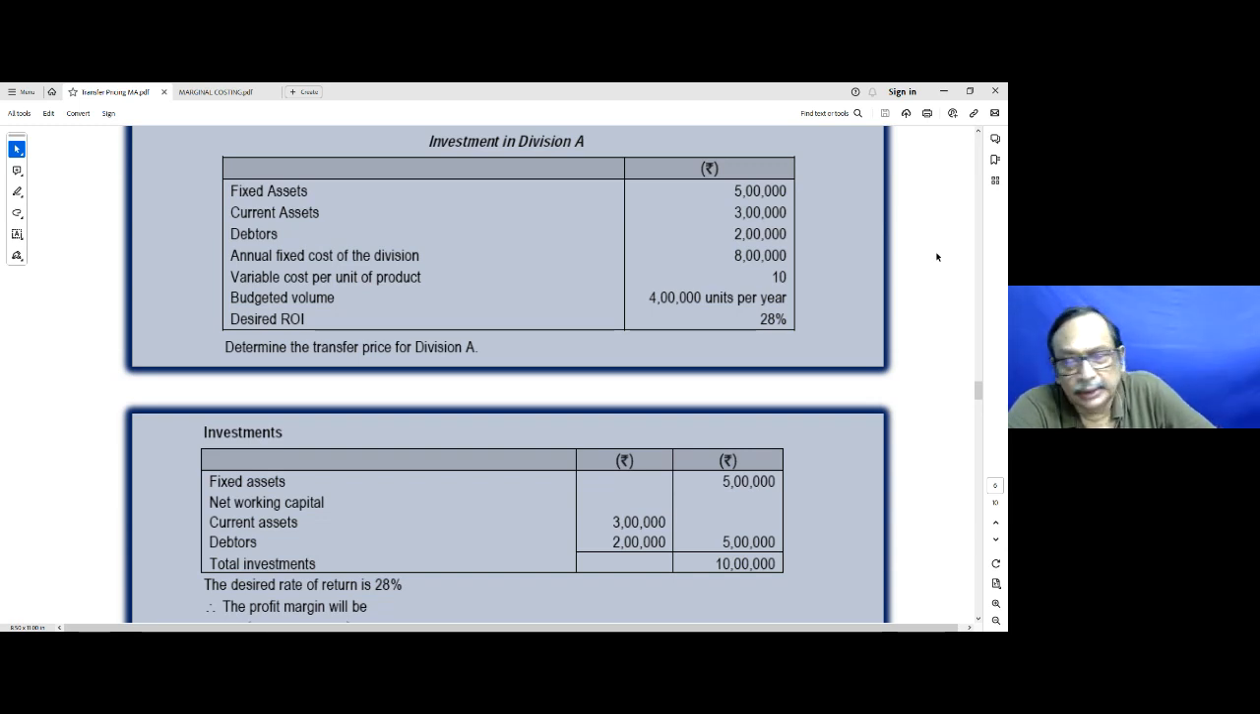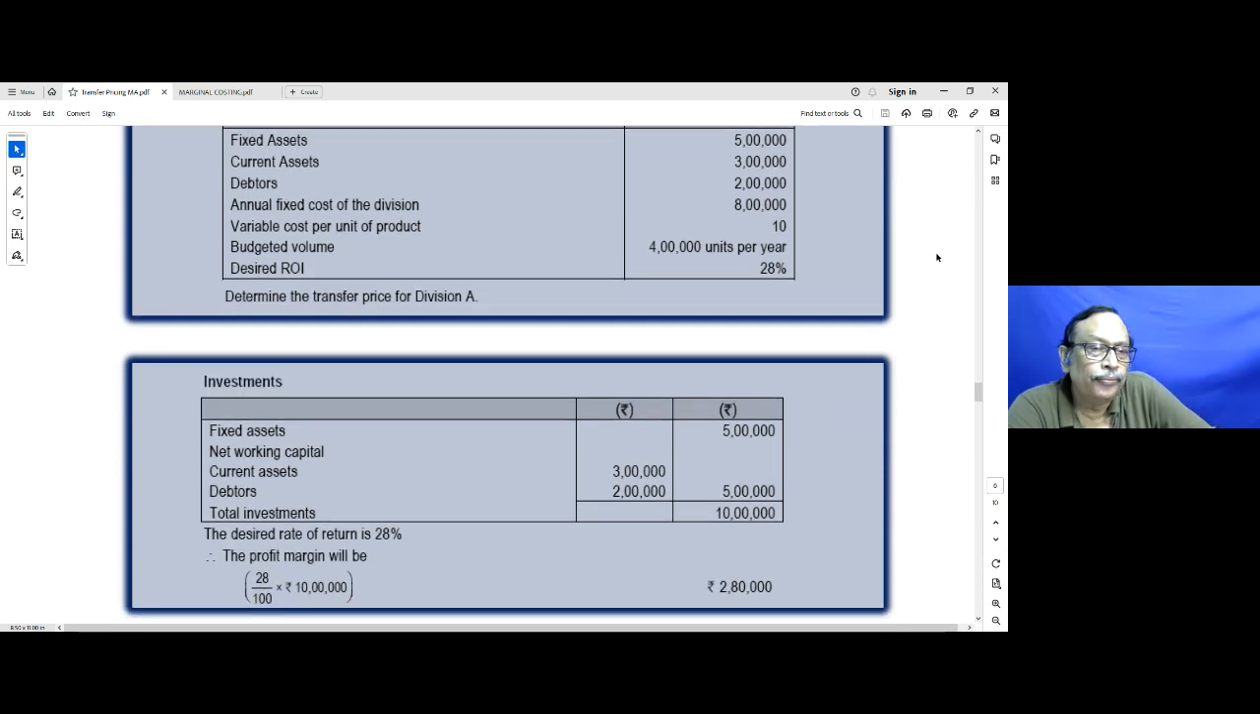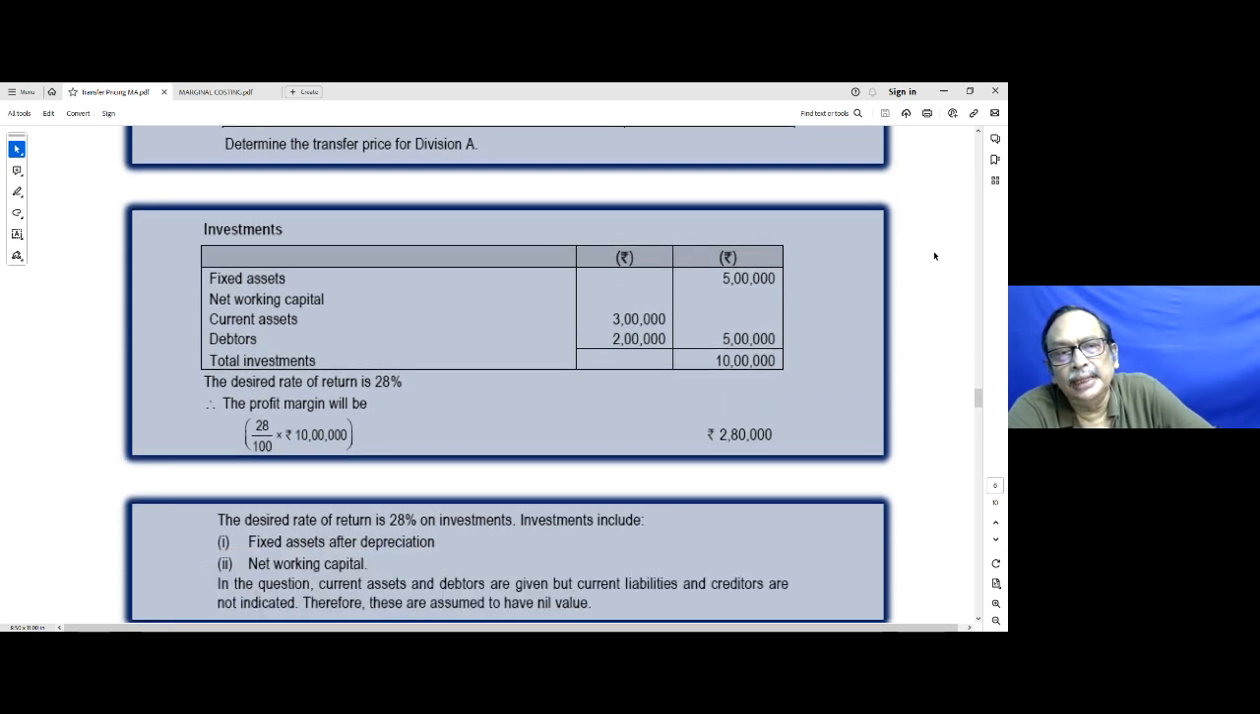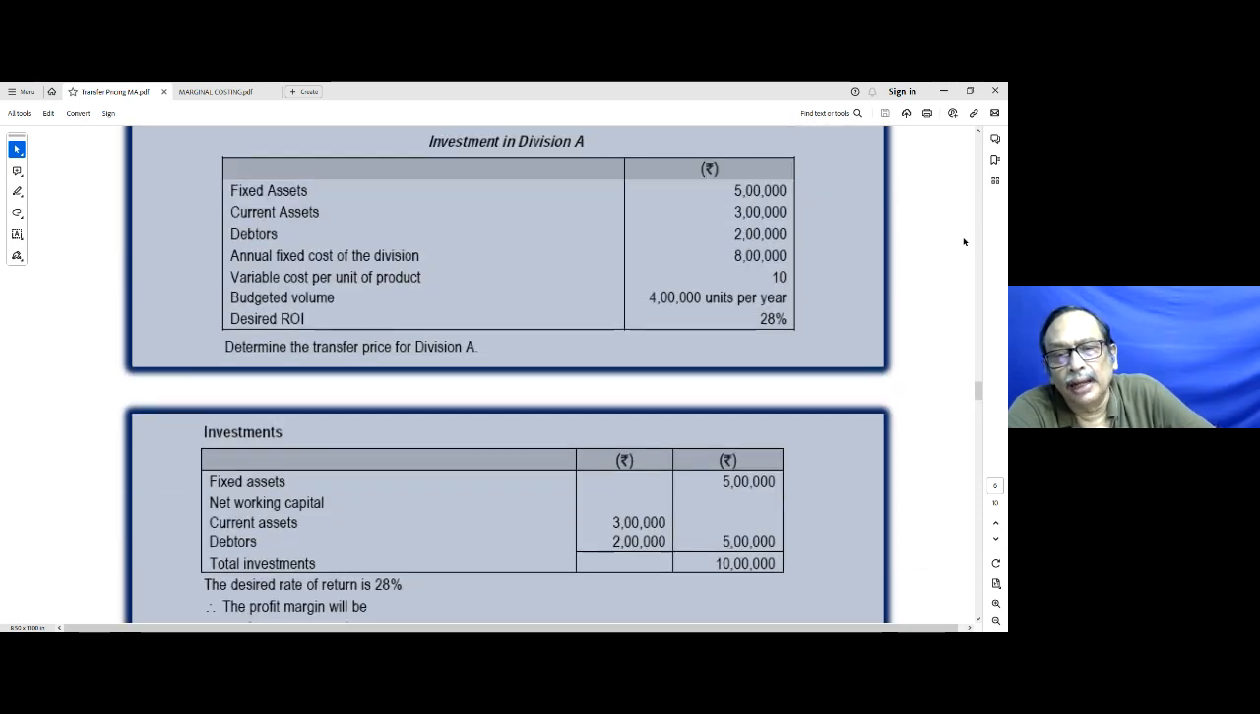Now, what is the question? Determine the transfer price for division A. As it is said, your company fixes the interdivisional transfer prices for its product on the basis of cost plus a return on investment in the division. Okay, and we are about to determine the transfer price for division A. So first we are going to look into the investments. We have fixed assets to the extent of 5 lakhs. We have net working capital, that is